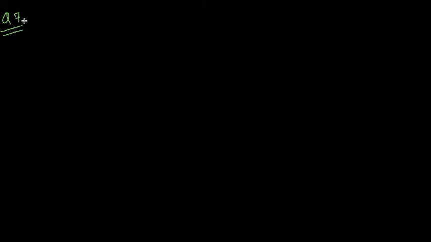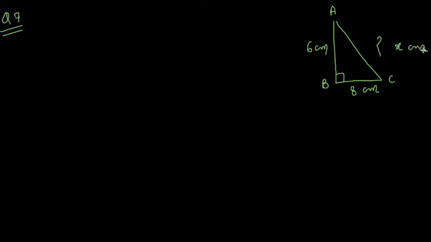This question has two parts. There is a right angle triangle ABC given. So first I will be drawing a triangle for you, which is given as a right angle triangle ABC, and it is right angle here. Okay, what it says, angle B is 90 degree. Of course, AB is given 6 centimeter and BC is given 8 centimeter, you have to find AC. If I assume it as x centimeter, right?